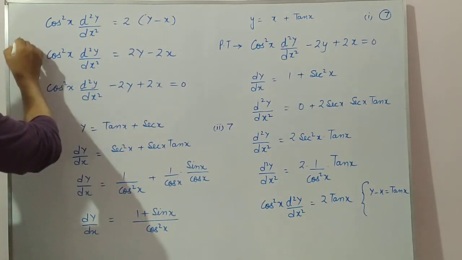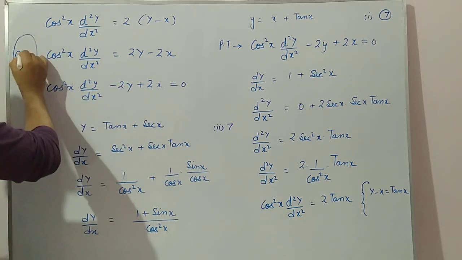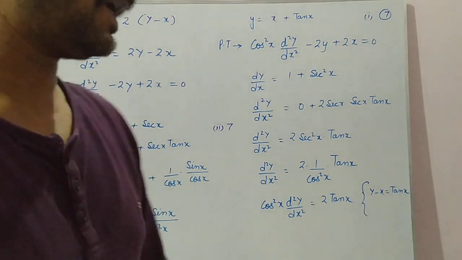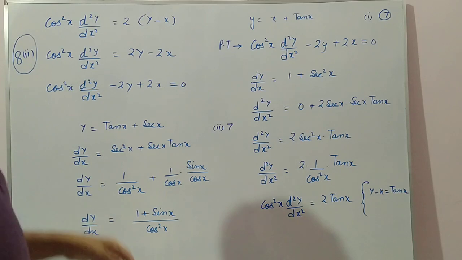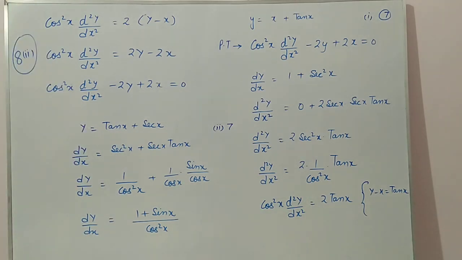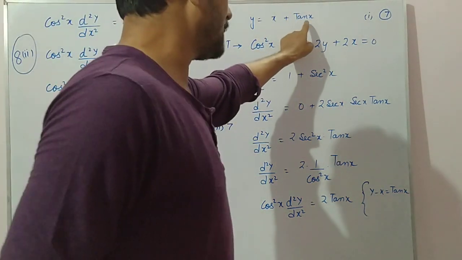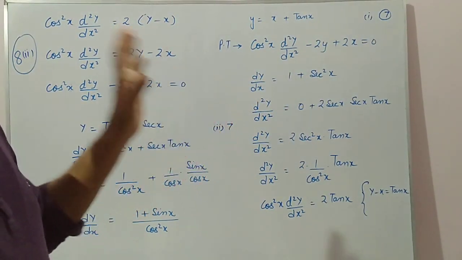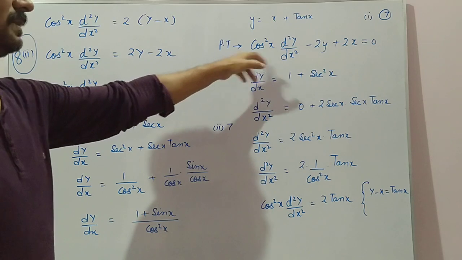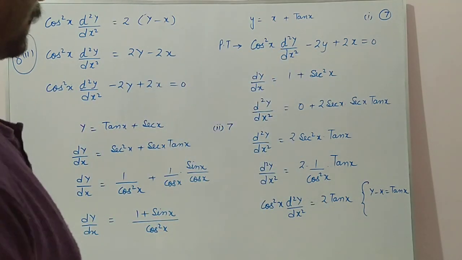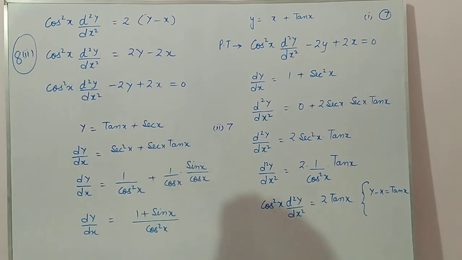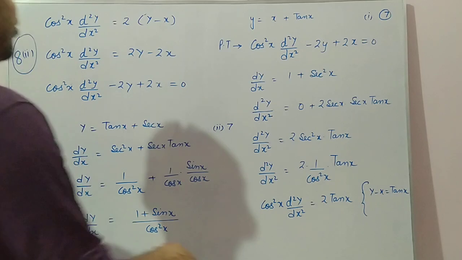Next, related to this, question number 8 number 2. Remember, 8 number 2, that is similar to question number 7 number 1. So 8 number 2, that will be homework for you. It is similar, only difference is that in place of tan x there is cot x. Okay. And there will be changes in the proof. So it is similar to question number 7 number 1. 8 number 2 and 7 number 1 are same.